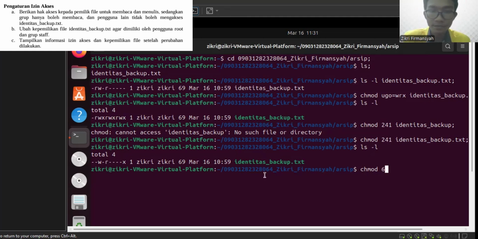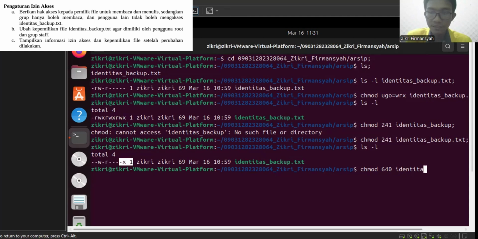And then if we want to change the group permission to only read, we enter the value of read. Read has value 4, and then for others, who don't have access, we can type 0. It means no access for the others.